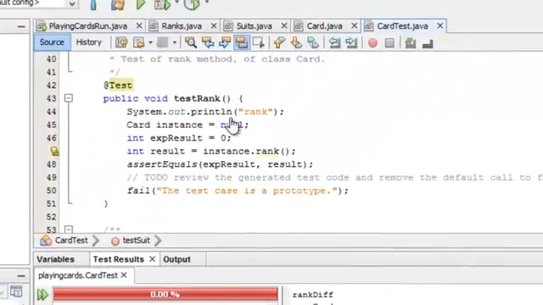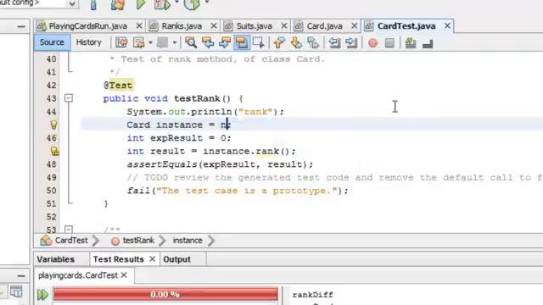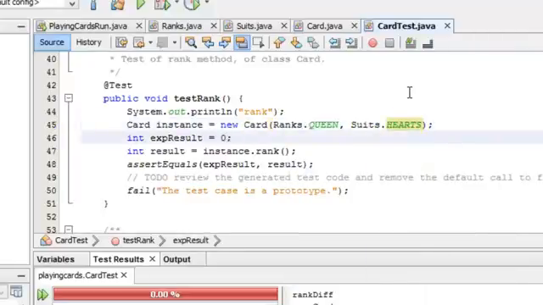I'm going to start with test rank. So you can see it says card instance null. I need to define my card first. So the first thing I'm going to do is make a new card. Let's say ranks queen, suits hearts. So I just made the queen of hearts. So what I'm expecting when I test the rank of the queen of hearts is that the rank should be